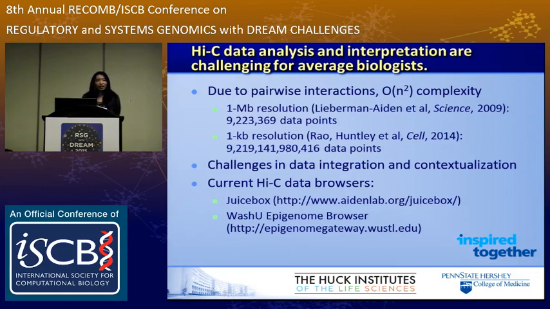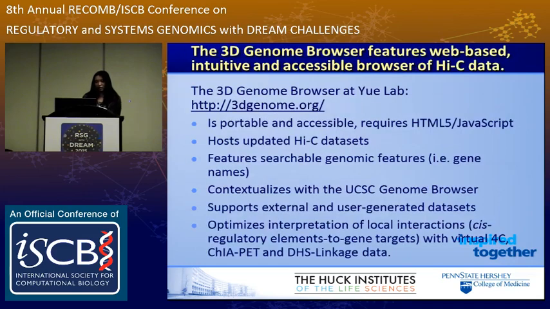Unfortunately, as beautiful as these Hi-C data browsers are, and they provide their own contextualization, they really fall into the big O n squared problem. So that's why we propose our own browser, the 3D Genome Browser at Penn State, which has